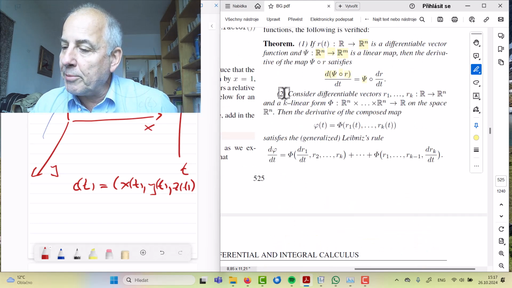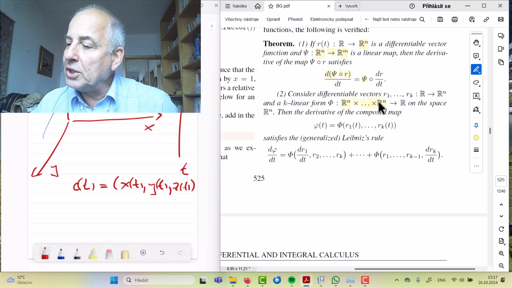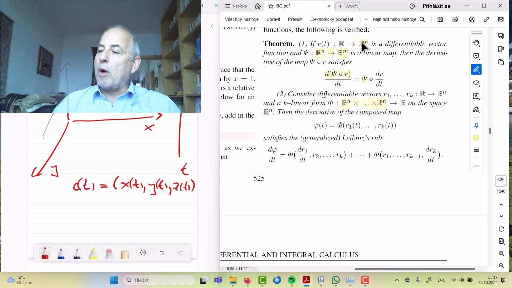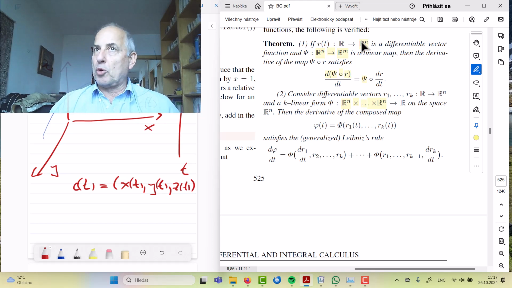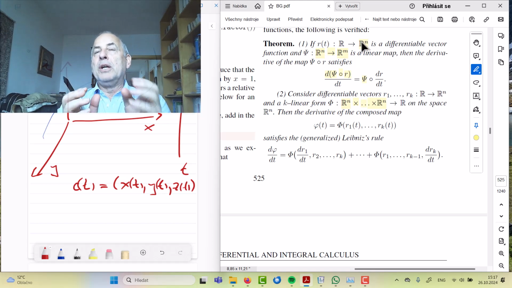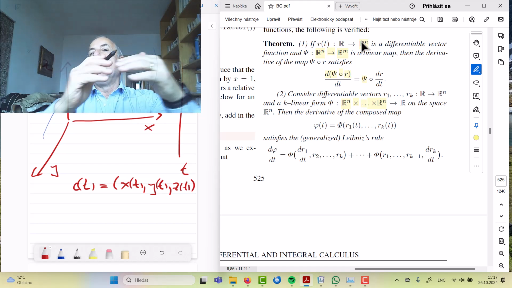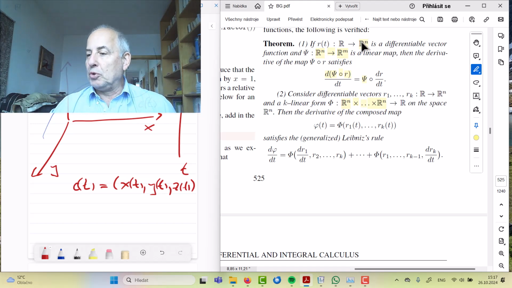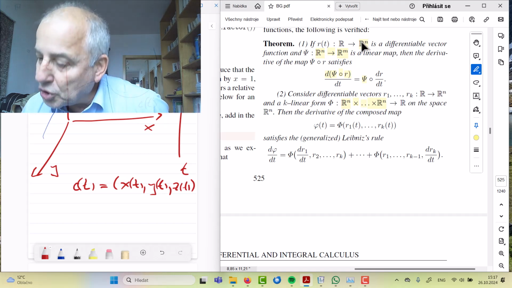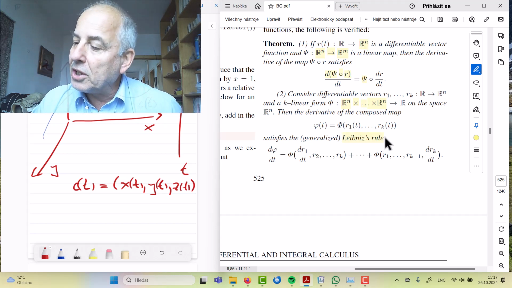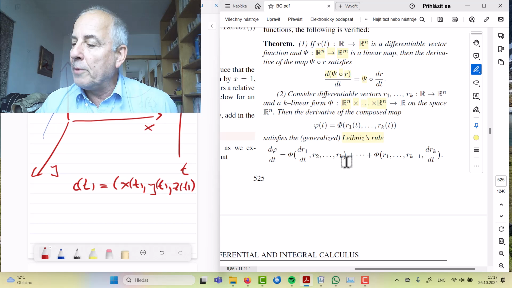The second claim is that if I have a k-linear form instead of a linear mapping, that's more complicated, because it's something like a product, right? A multilinear form simply takes many things and multiplies them together. So it's exactly like a product, and it's true that there will again be a slightly generalized Leibniz rule saying